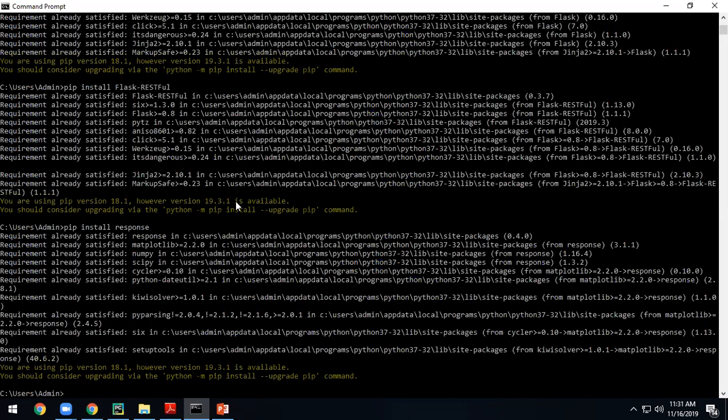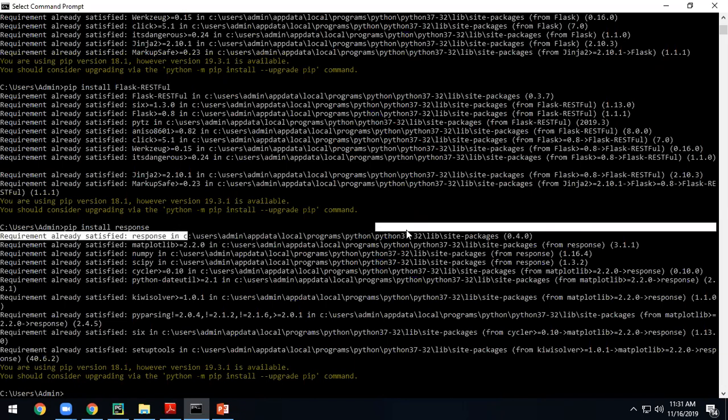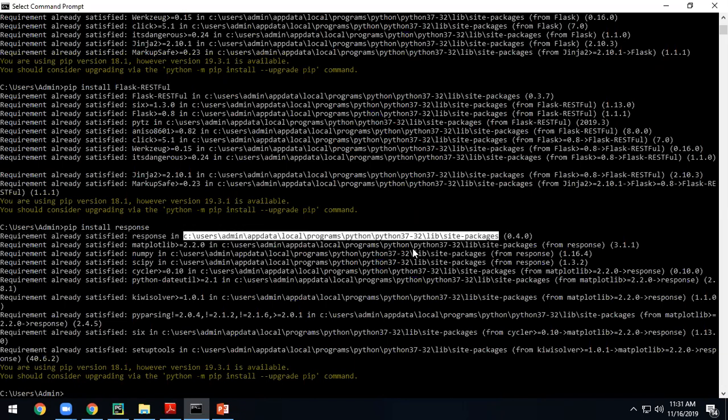So you should see some package paths here. Flask is a module for REST related functionality.